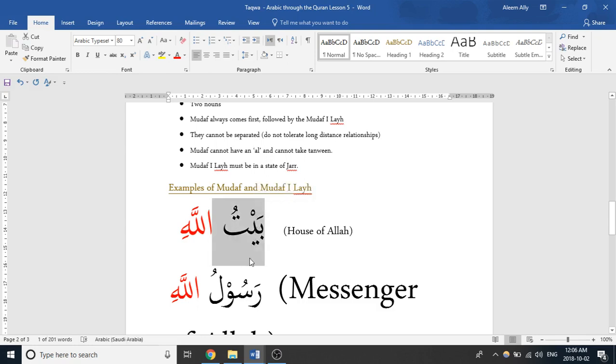So how can we tell that this is an associative construction or phrase? The first word has no alif lam, and it has no tanween, and the word coming right after it is in a state of jar, which is usually represented by it taking a kasra. And that's it. And between these two words, nothing can come in between. They're like Siamese twins. They're joined at the hip now. They act as one component on their own in a sentence. This first word is called mudaf, and then the second word is called mudaf ilayh. So those are just two terms you've got to keep in mind.